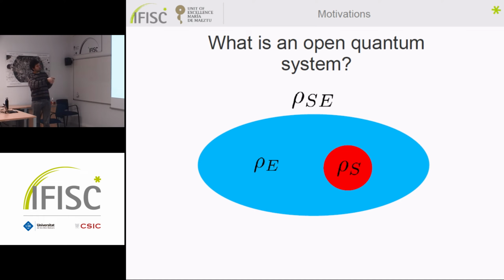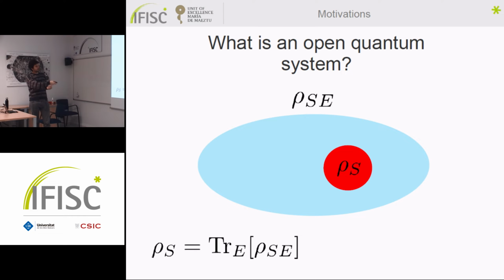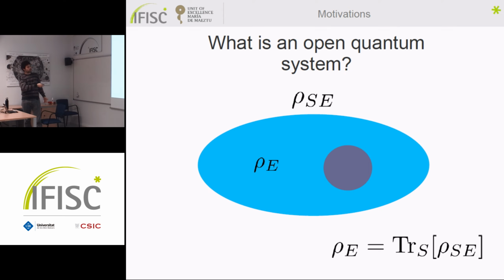So there is an overall state, rho SE, that is made of the environment and the system. The system would be the qubit, and the environment would be the field outside, and so on. We can consider just the state of the qubit by doing this operation called partial trace, the equivalent of doing a classical marginal distribution. What we want to study is just the system, not the overall. So we study just the state of the system, but you see that it depends also on the state of the environment. We may do the same thing for the environment, but we are not interested in it, of course.